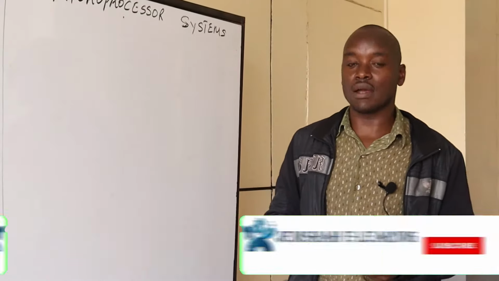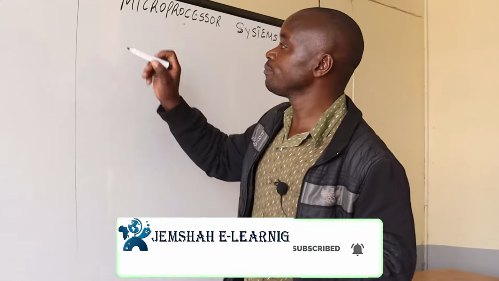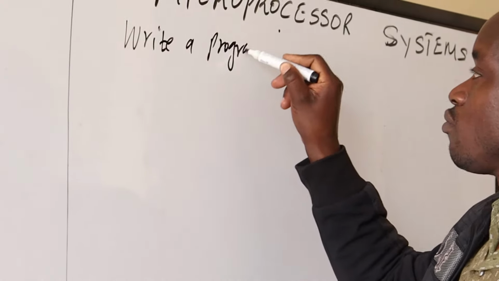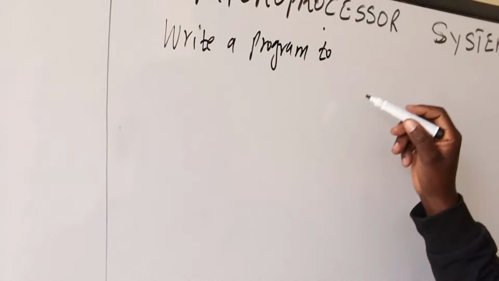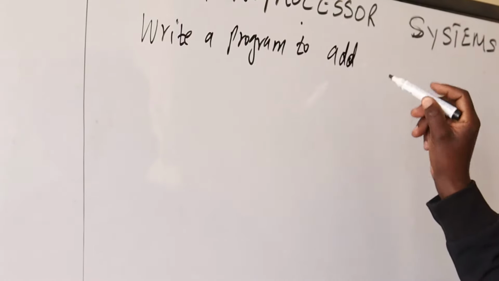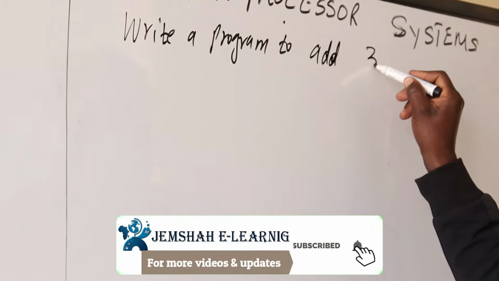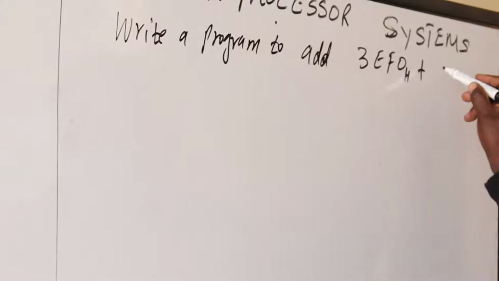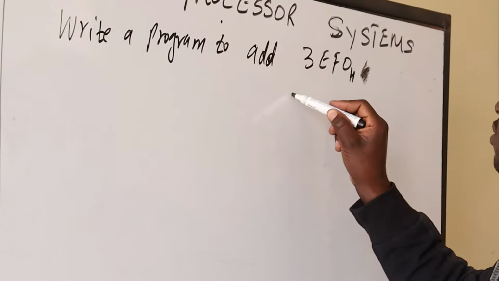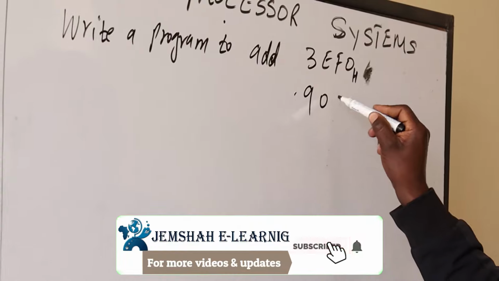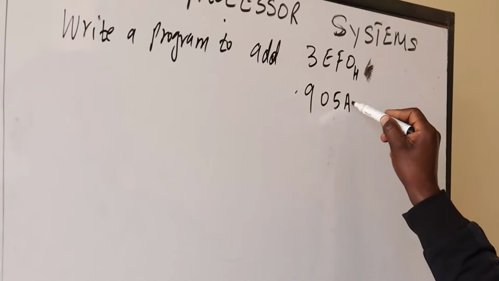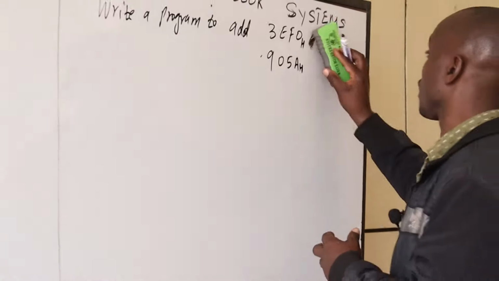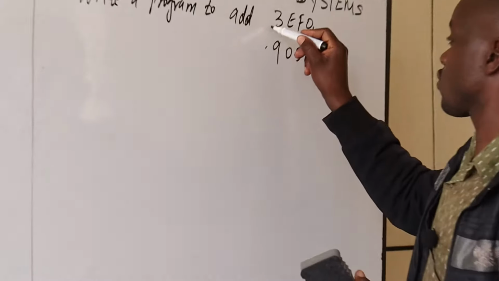I want us to do the first example. The first example is we want to write a program. The question should be: write a program to add 3EF0H plus 905H. H means hexadecimal, as we agreed under digital electronics. So now, our question wants us to add these two values,